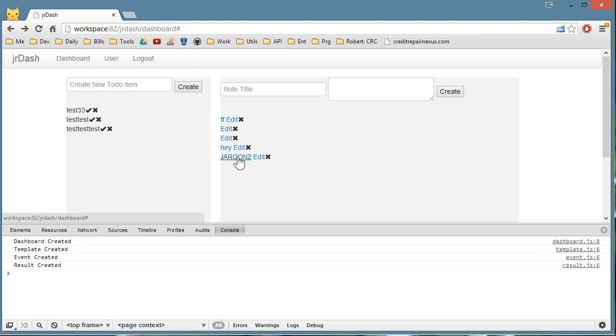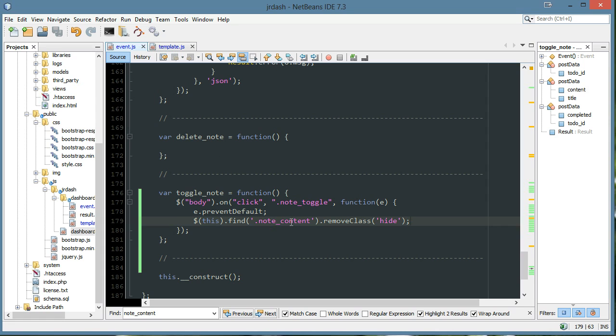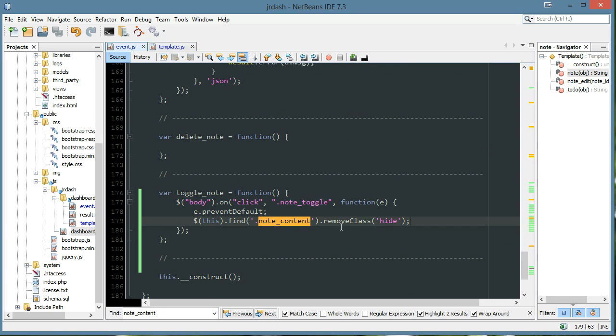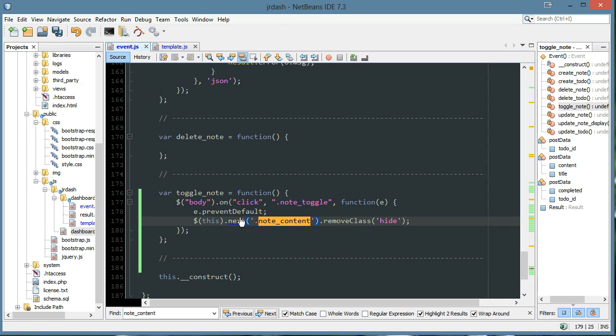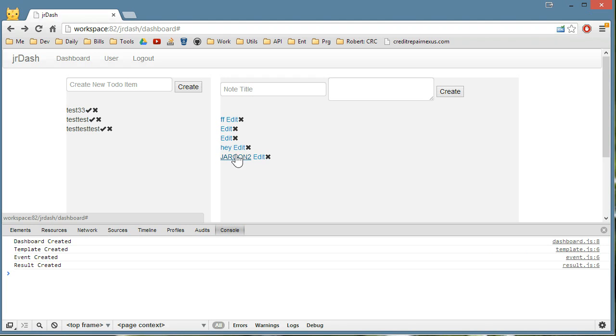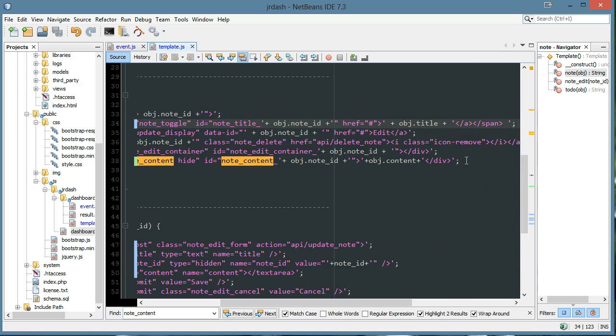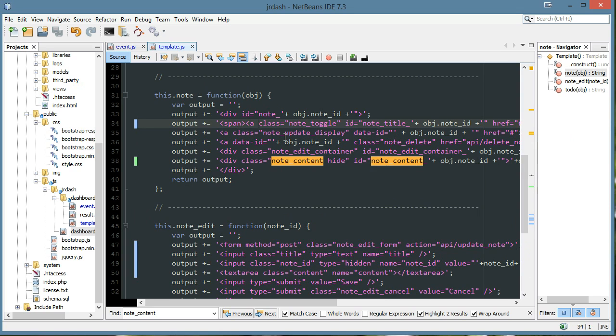Click. It does not behave. I don't know if it's finding it. So this dot find note content. Oops, let's do next. Refresh and click, and it doesn't want to work. In fact, it'll actually be a lot easier if I just add in a data attribute. So let's say note toggle. We'll just get rid of this note content again, and up here we'll say data ID equals